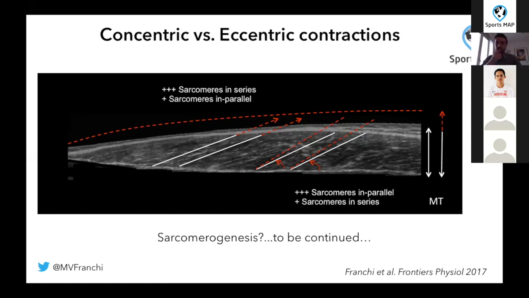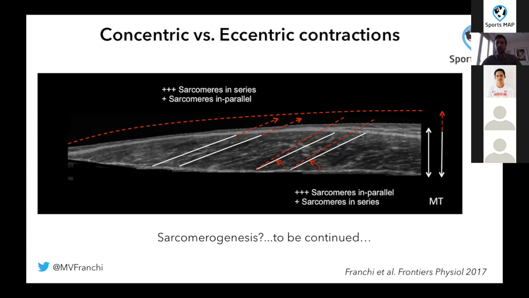But what, in my opinion, should be thought about more is that the increase in fascicle length usually reflects more addition of sarcomeres in series, as we saw from the animal study in casting that I showed you. The reason I say whether sarcomerogenesis is happening or not, I don't want to go too much into this, but what I'm saying is we actually don't know. There are some different results from the animal studies that we have. If you ask me, I do believe that at some point sarcomerogenesis will have to occur,